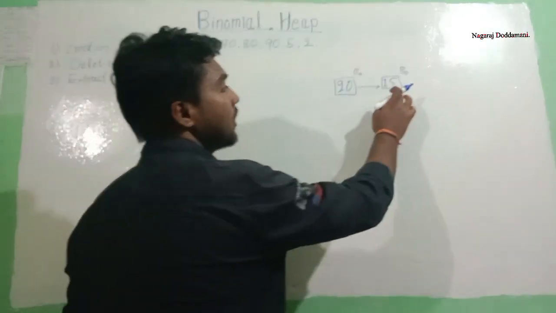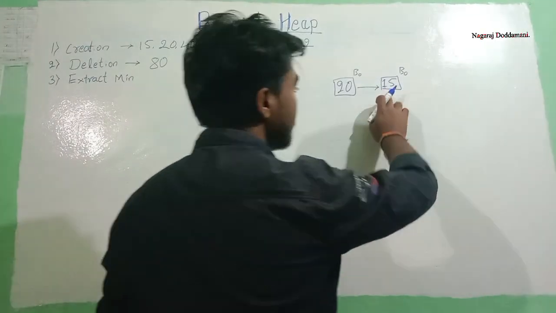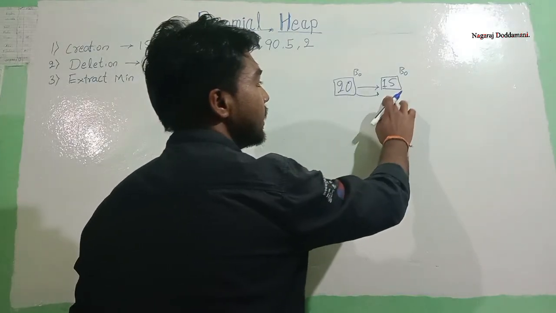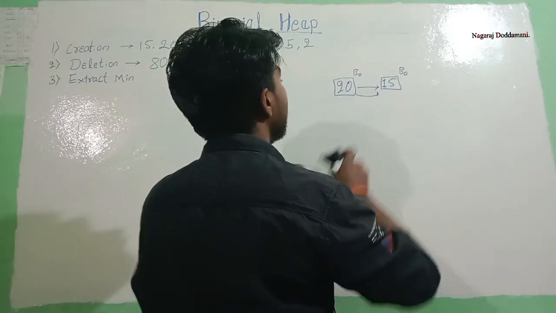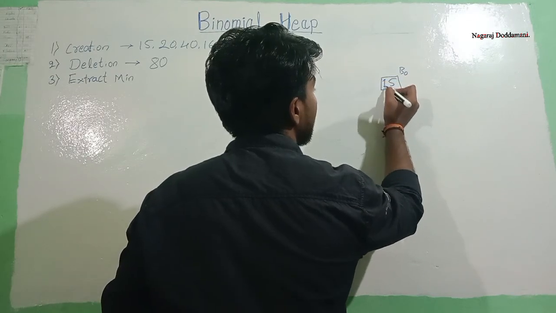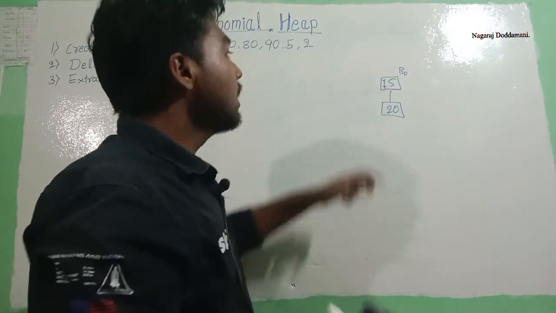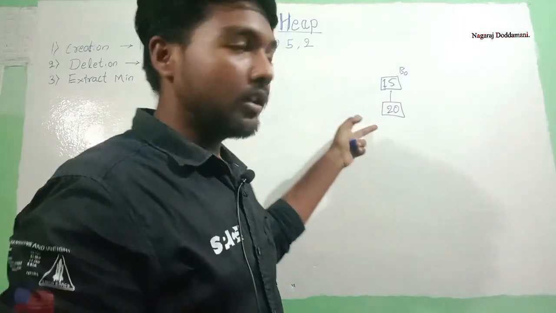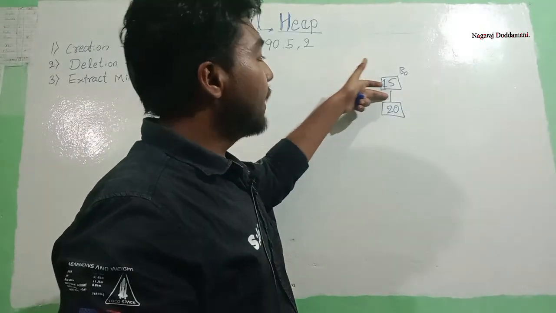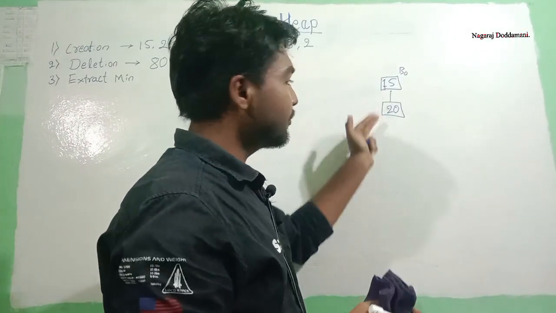In this case 15 is the minimum, so we need to make the 20 node its child. So we will do it like this. We create a node and insert 20 here, because the binomial heap follows the min heap property,